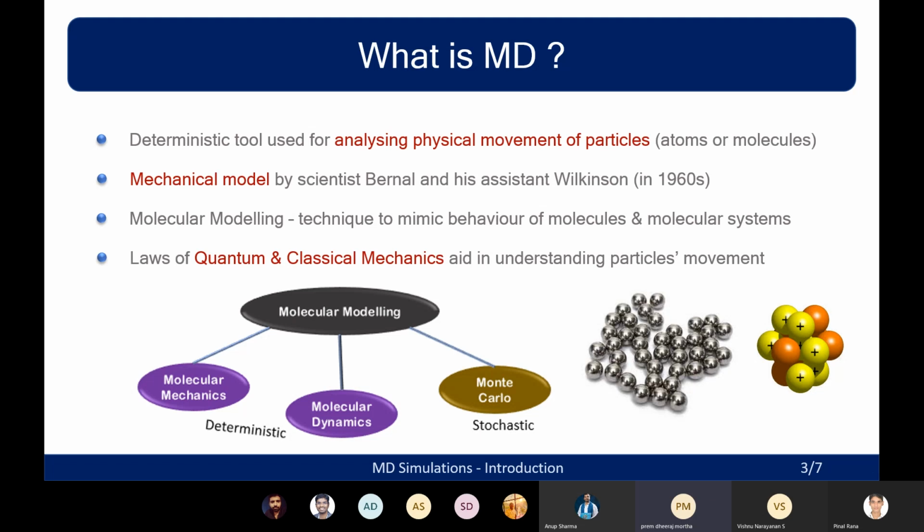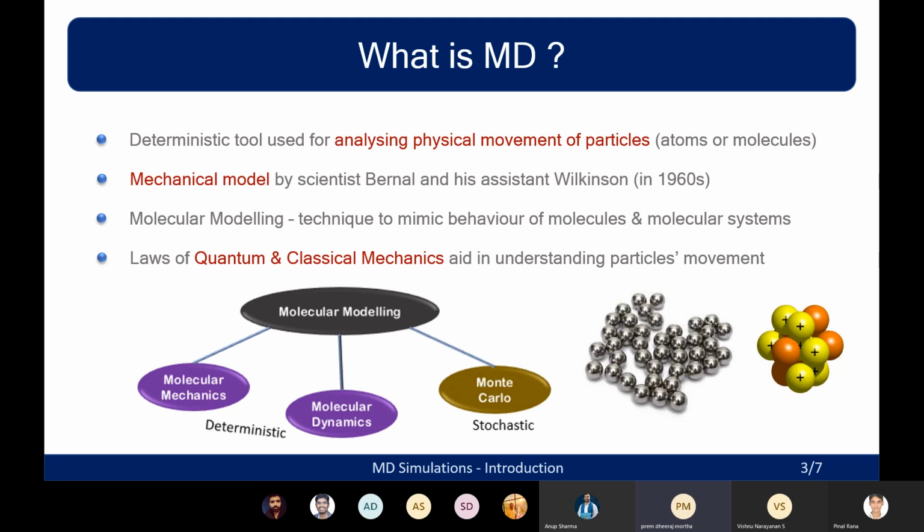Way back in the 1960s, a scientist called Bernal, along with his assistant Wilkinson, devised a mechanical model for studying the movement of particles in liquids. Bernal himself collected hard spheres from bearings, basically bearing balls. He collected these spheres and observed their motion,